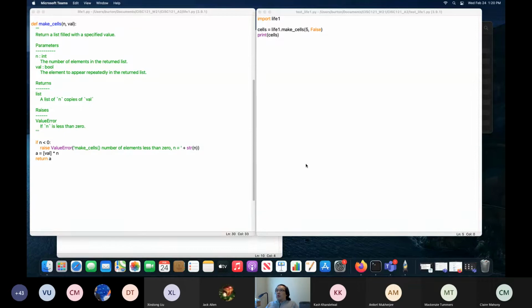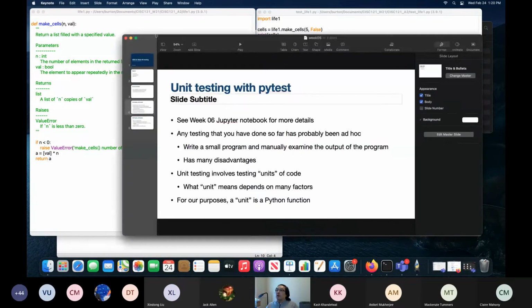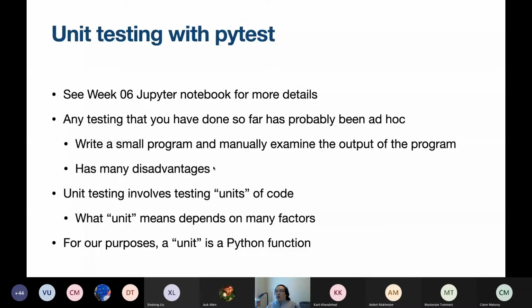What am I doing here? Life one. Right. Okay. So on with the assignment. Oh, testing. Right. That's what I was talking about. Where's my? Here we go. Okay. So